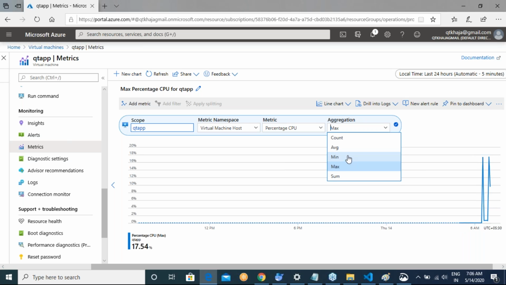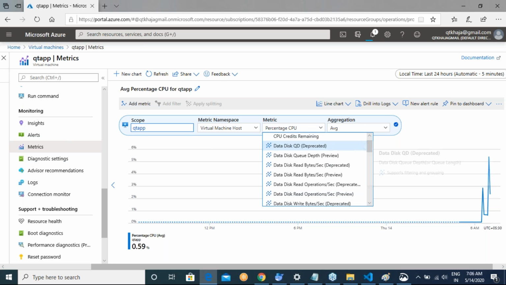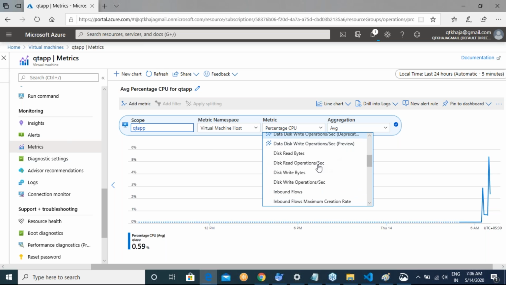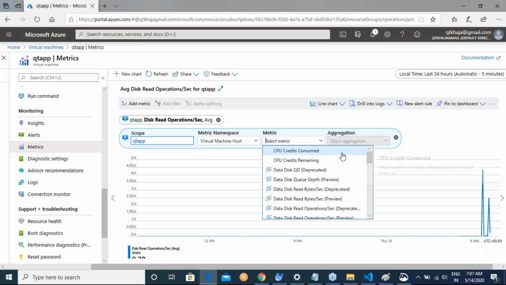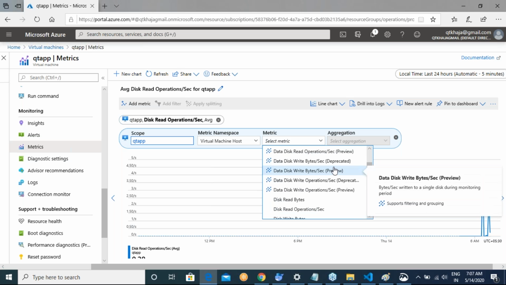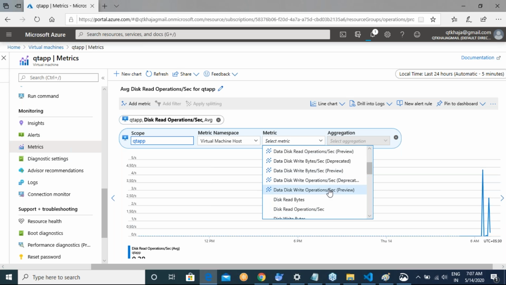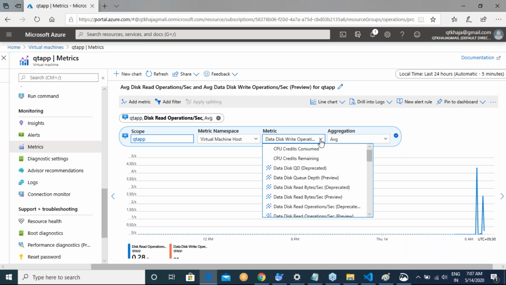Generally people go with average. Or if you don't like CPU utilization, you can go with some other metric, for example disk read operations, and add a new metric, disk write operations.